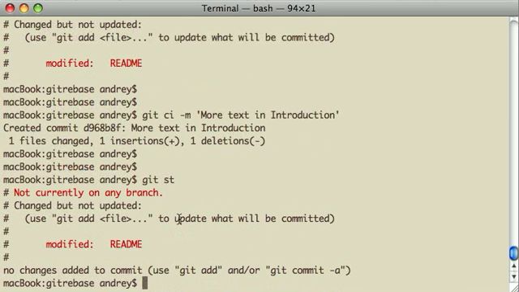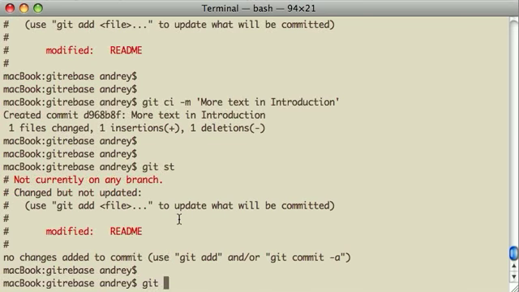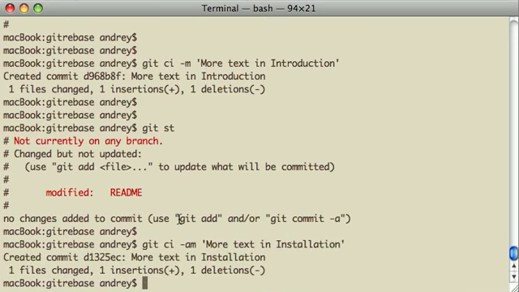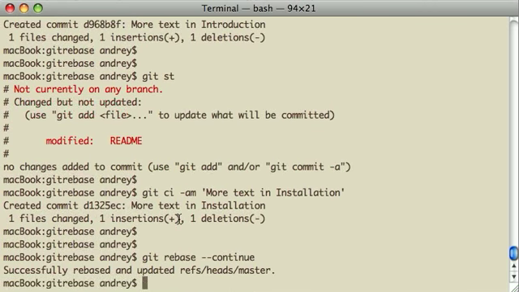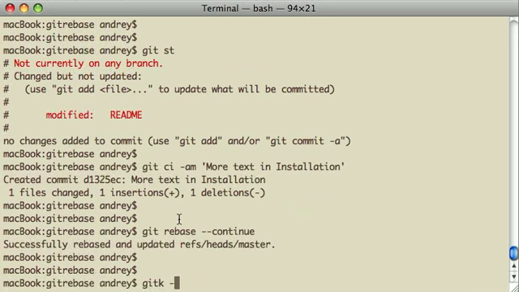Okay, and now I can perform the second commit. Commit add, message: more text in, what was that, installation. Okay, fine. So now we actually split this commit into separate commits. Now we can continue our rebasing. So if we do rebase continue, that's it. So if we check the history now,